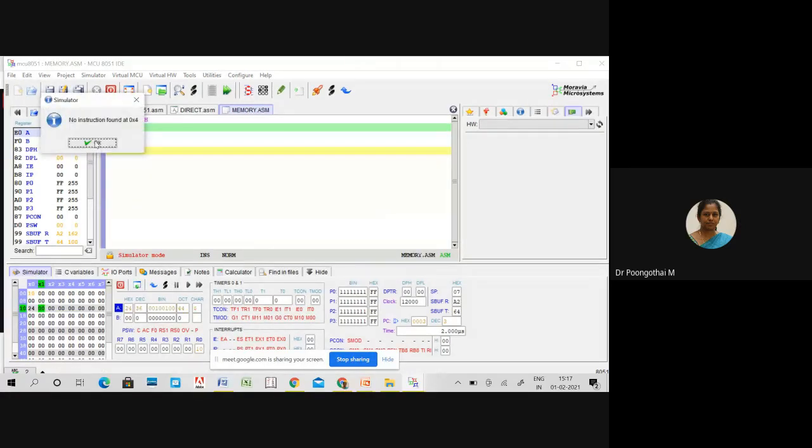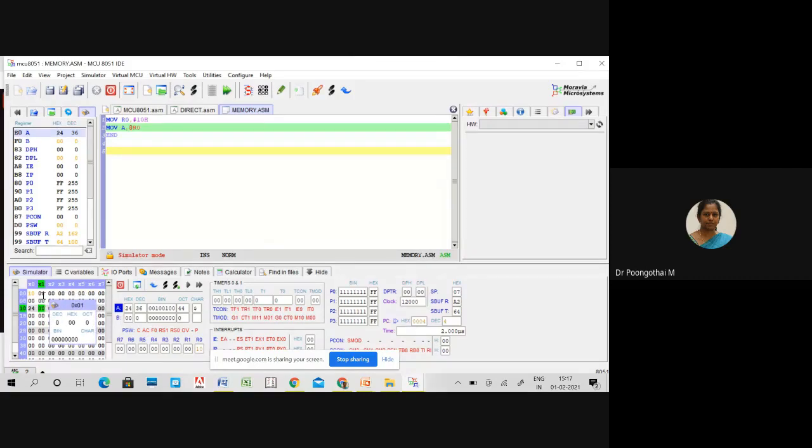Ma'am, why are we using 24 at the third row, ma'am? Bank 2. See, the address ranges from the first row; the first element's internal address is 00. Next, 01. Just look at the highlighted box; the address of that element is 01. Next 02, likewise up to 07. That is the internal address.